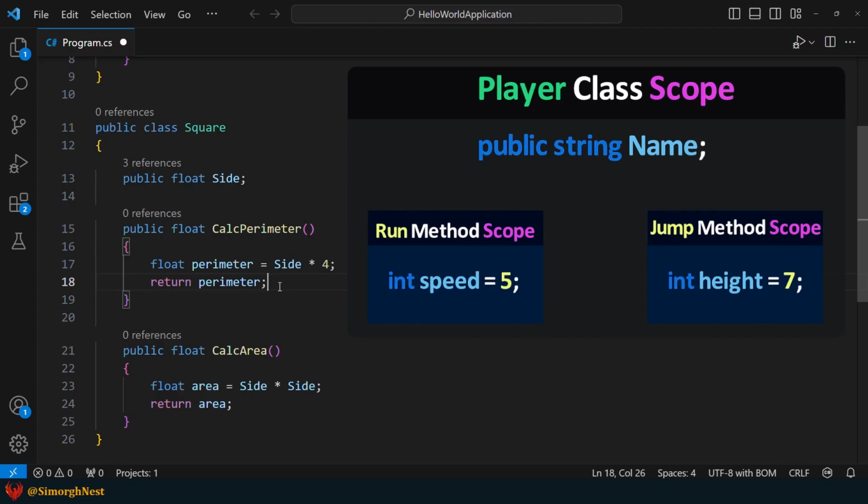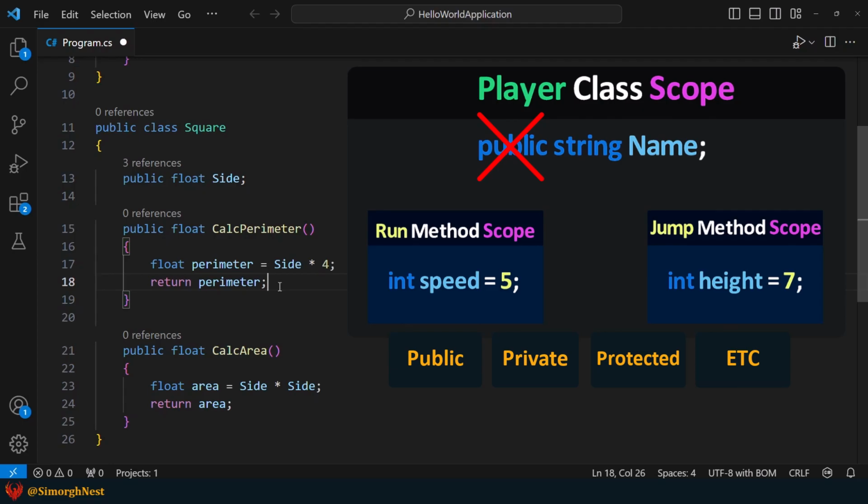Additionally, another difference between fields and variables is the presence of access modifiers. Unlike variables, fields can have access modifiers such as public, private, and more. In the upcoming lectures, we'll discuss access modifiers in detail. However, for now, it's important to understand that these access modifiers define how users of the class can access the fields. In general, it's recommended to assign private and protected accessibility to fields, and the data that these private and protected fields store should be accessed by client code through methods, properties, and indexers.